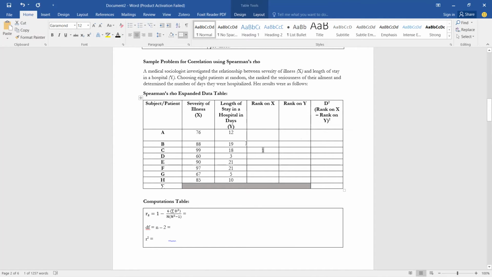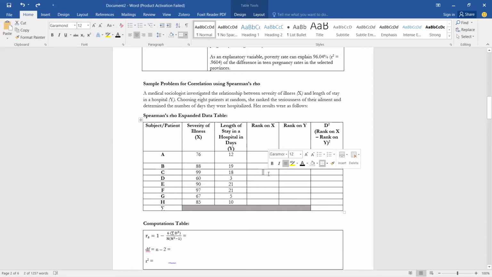Followed by B. Oops, sorry. C is 1, followed by 97, which is F. And then we still have 90. This is the third placer. And then B. So if you rank all of that on your own, you will find that this is what their ranks will look like. C is first on the list, with the most severe ailment,